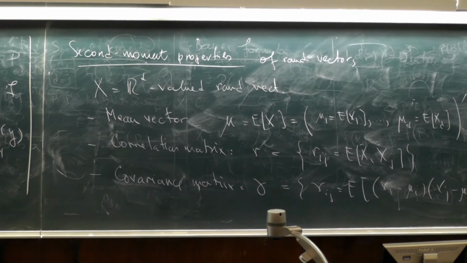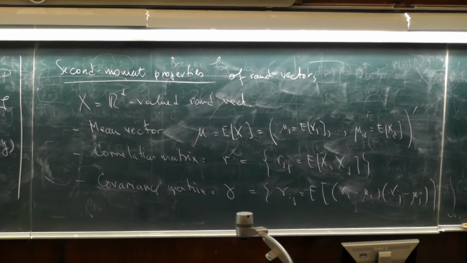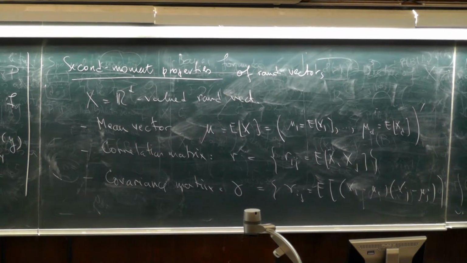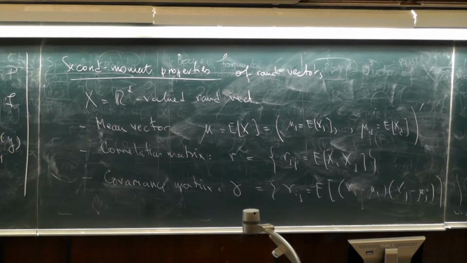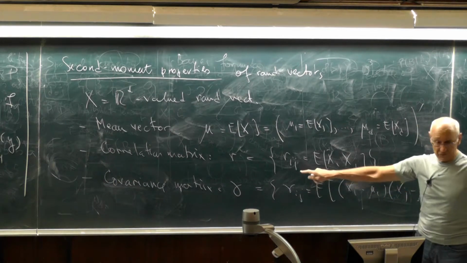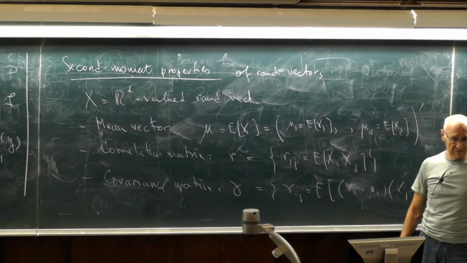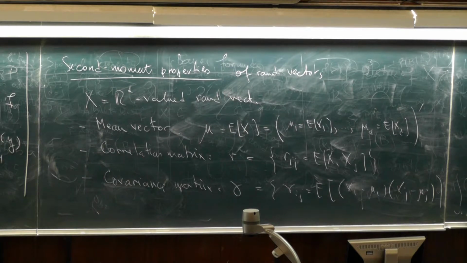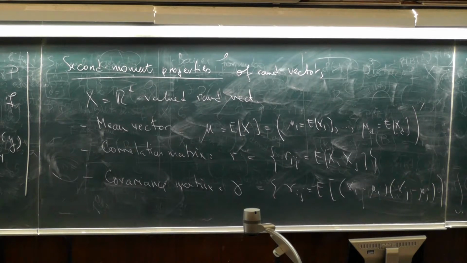So it looks like this. Okay. So these are the two moments. So you realize that the correlation and covariance matrices are equivalent information. If you open the parenthesis here, you are going to obtain the covariance as a function of correlation and the mean vectors. Right? So one or the other, it doesn't matter. You can obtain one from the other very easily. Well, one thing I like to mention